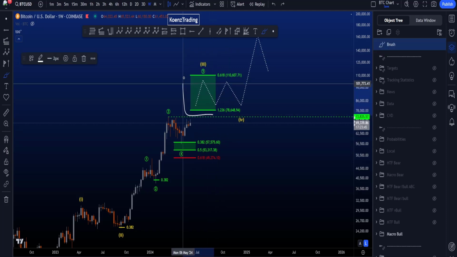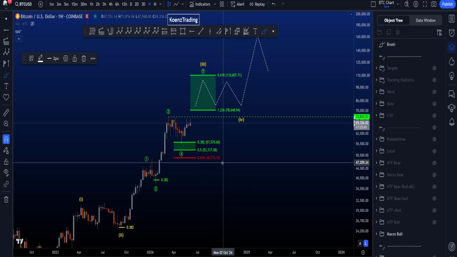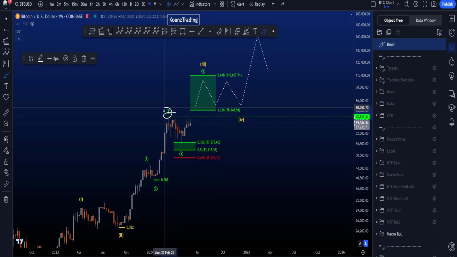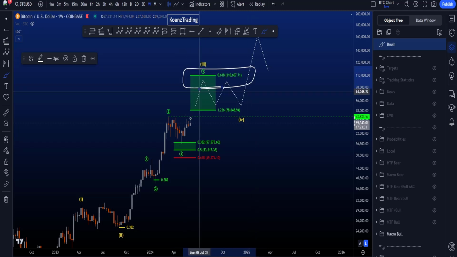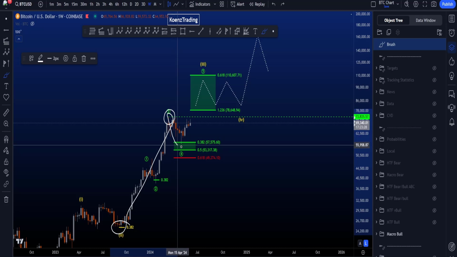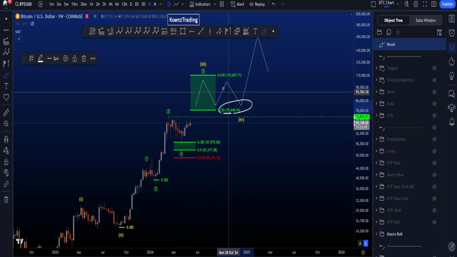The common target area for your wave 5 is between the 1.236 and the 0.618. The 1.236 is taken with a normal fib from the high of wave 3 to the lowest point of wave 4, and the 0.618 is a trend-based fib extension taken from the low to the high of 3 here to the low of your wave 4. And this gives you a target between 78.6k and